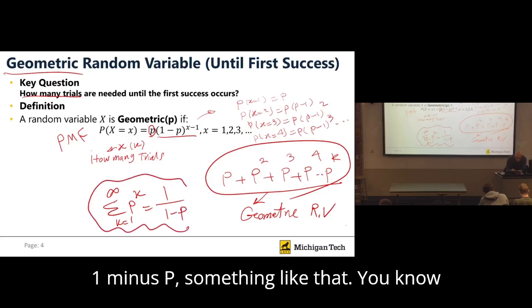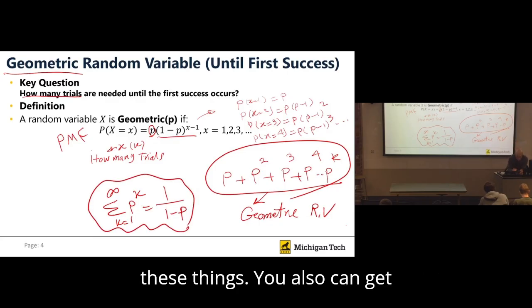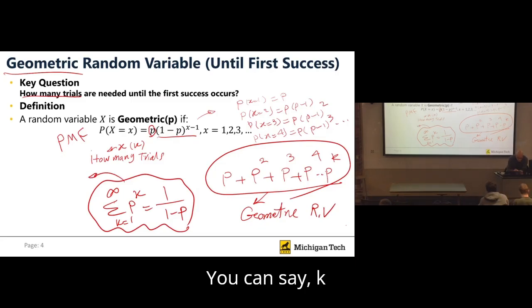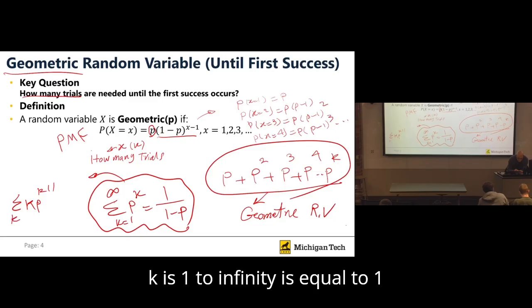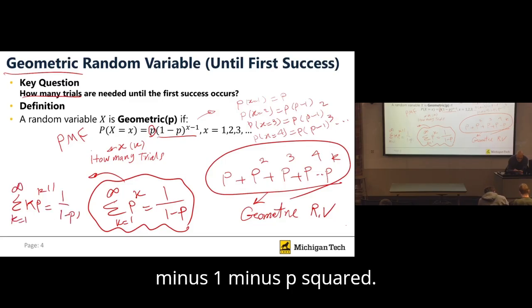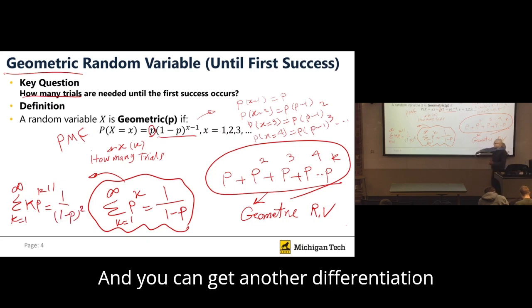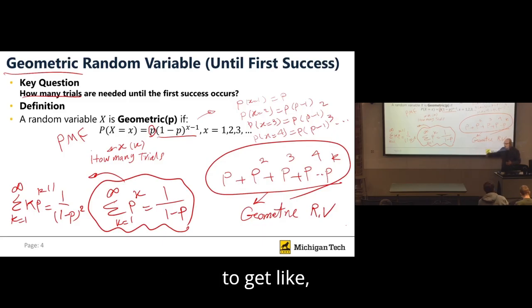You know these things. You can also take the differentiation of this. You can say the sum of k p^(k-1), k from 1 to infinity, is equal to 1 over (1 minus p) squared. And you can take another differentiation to get